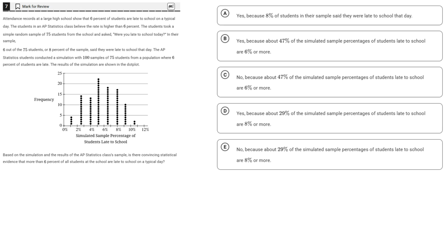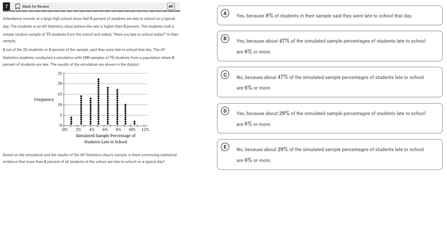Number 7. Attendance records at a large high school show that 6% of students are late to school on a typical day. The 6% proportion again. The students in the AP statistics class believe that the rate is higher than 6%. The students took a simple random sample of 75 students from the school and asked, were you late to school today? In their sample, 6 out of the 75 students, or 8% of the sample, said they were late for